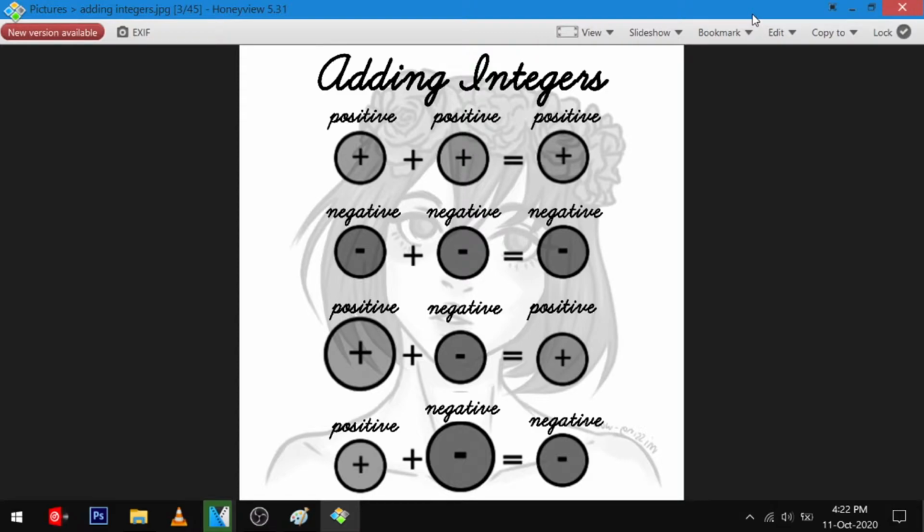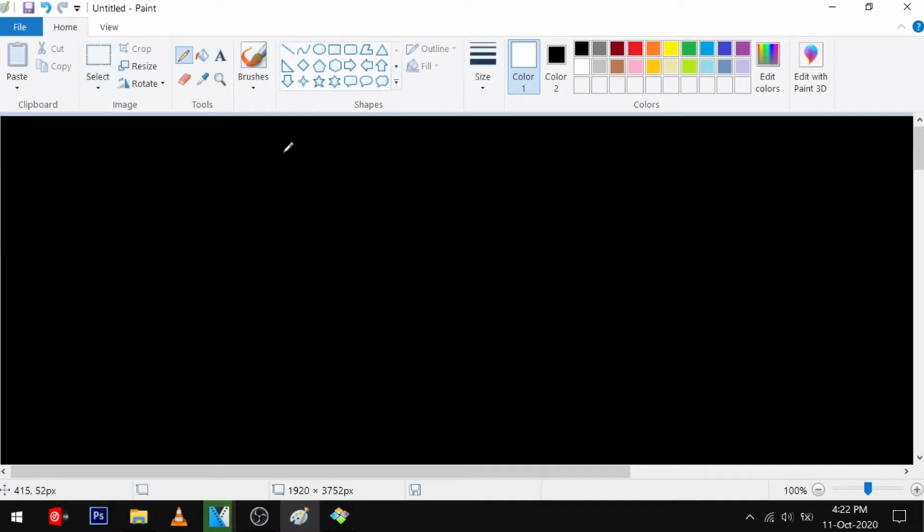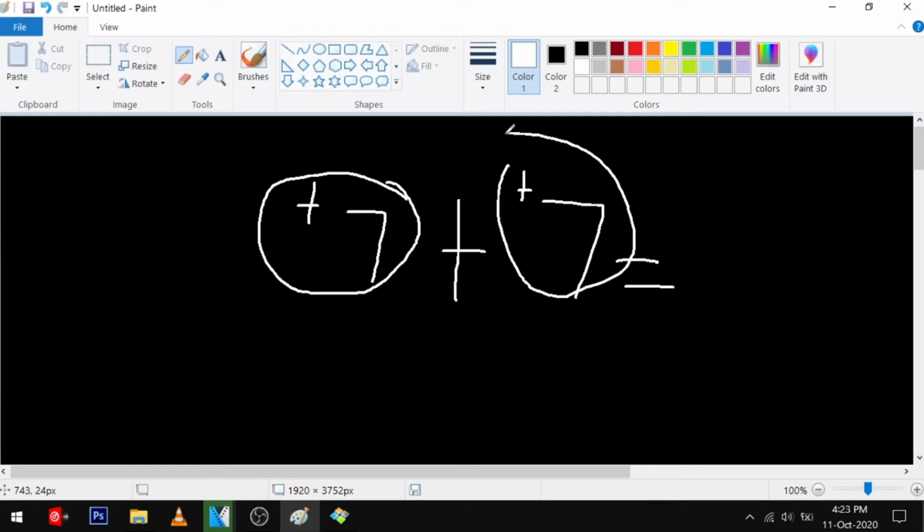So you might want to pause the video, take your pen and paper, and then you can write the example along with the rule. So the first one is adding integers that are positive and positive. And now this one is real simple because this is what you do in regular computation of addition. So for example, if I had positive 7 plus positive 7, two positive numbers will give me a positive answer. So positive 7 plus positive 7 will give me positive